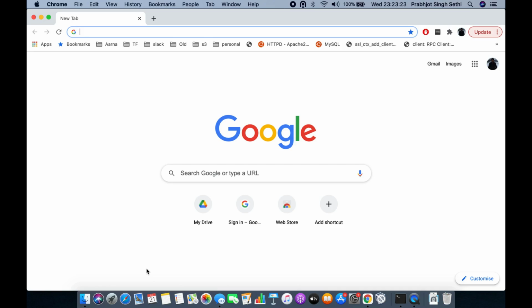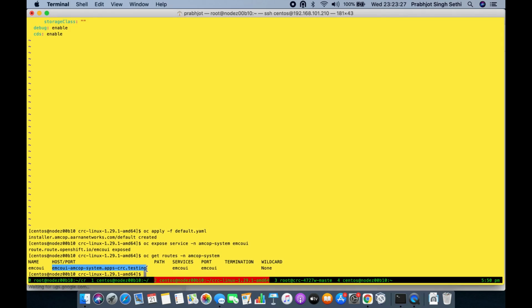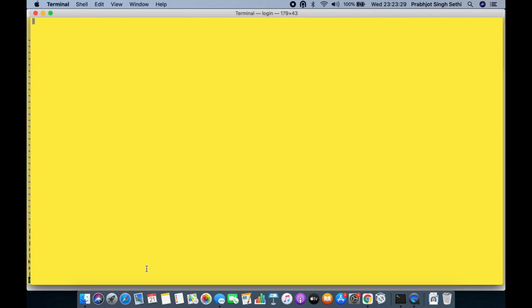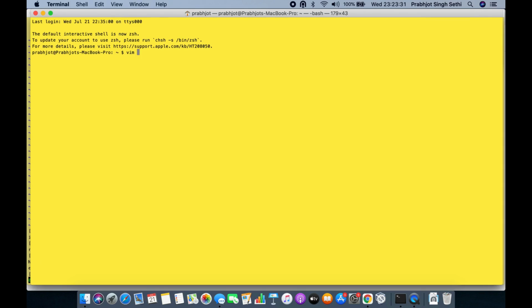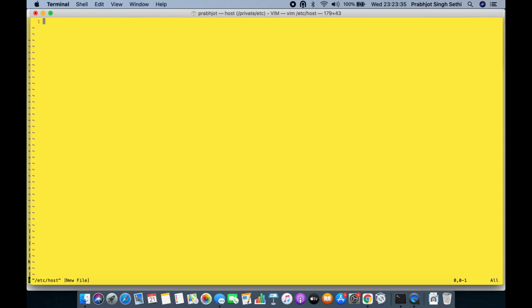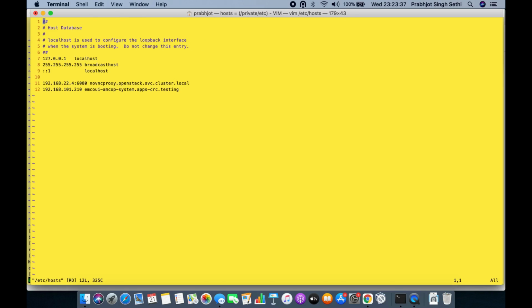So since this is a CRC cluster, we have already added the DNS entry corresponding to this UI service.